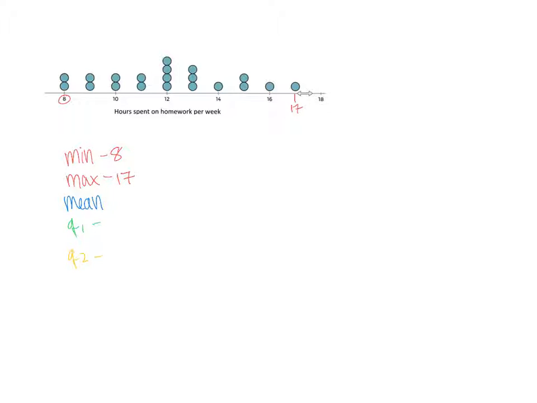And then for the mean, I knew it's going to be either 12 or 13, because that seems to be where most of the data points are. And it's kind of spread out, so it's kind of equal. So I tried 13, and to find the mean, I did 14 is 1 away. 15 is 2 away, so that's 4 away for 2 points. And then 16 is 3 away. And then 17 is going to be 4 away. So this is going to be